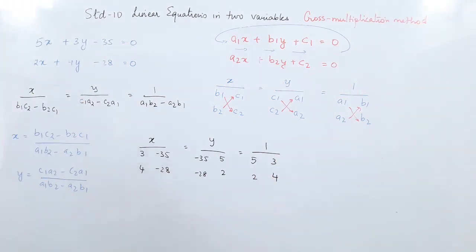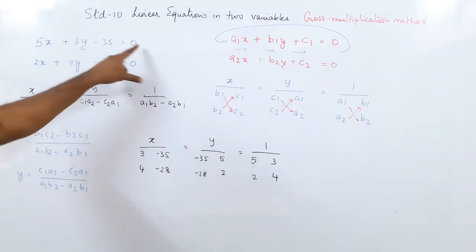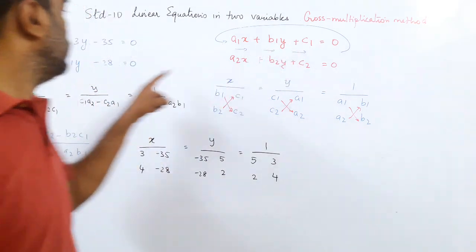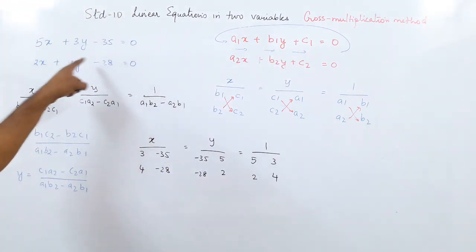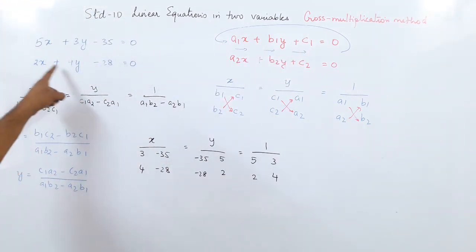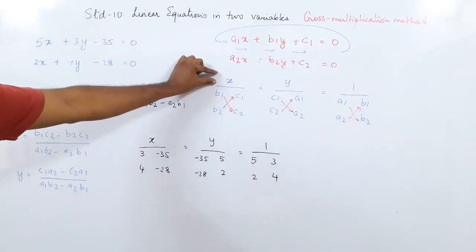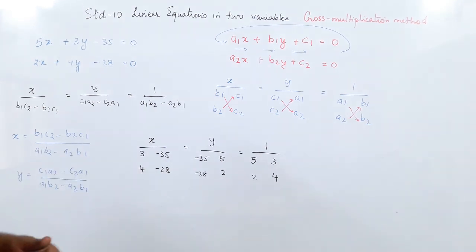Did you follow this? So what I did, I used this method now. It was equal to 35, I brought the 35 on this side, so minus 35, so I got this form. Equal to 28, I brought the 28 on this side, so minus 28, so a1x plus b1y plus c1 equal to 0. This form. Now how do I write in this form? I have written here, and now we solve it. So what will we get?